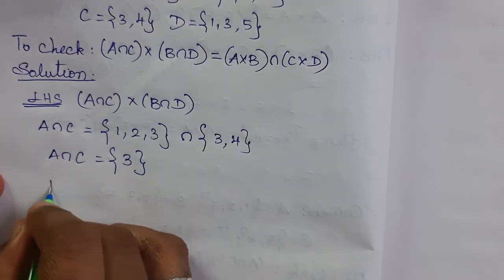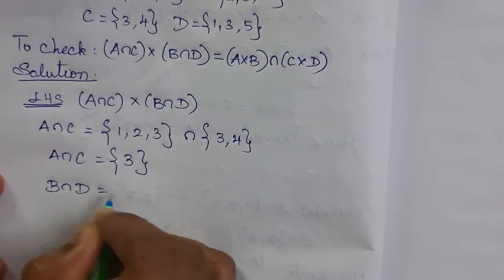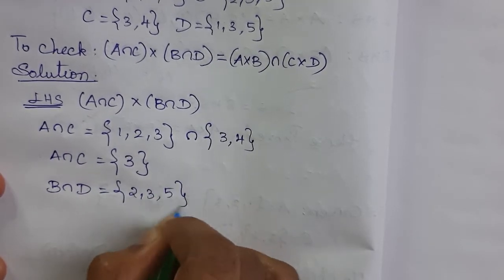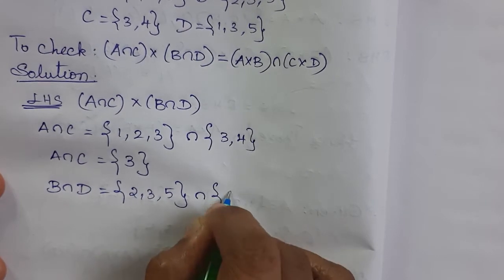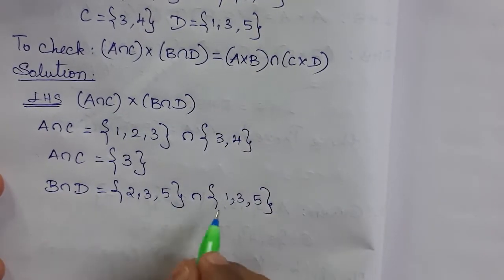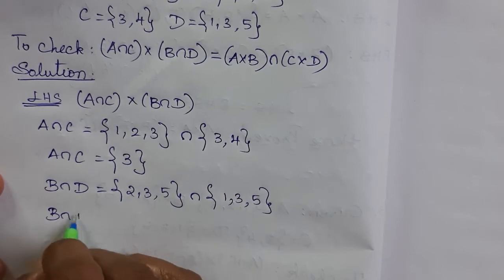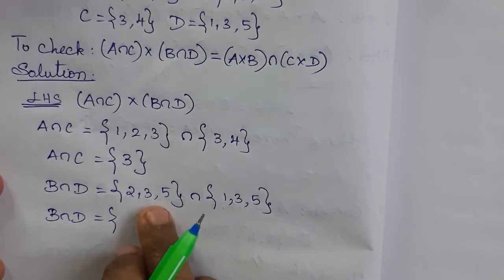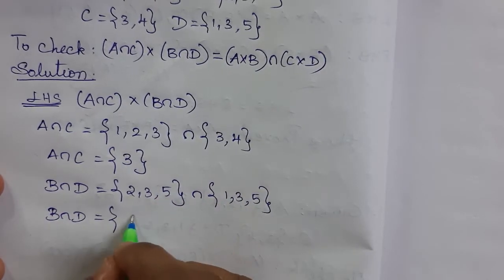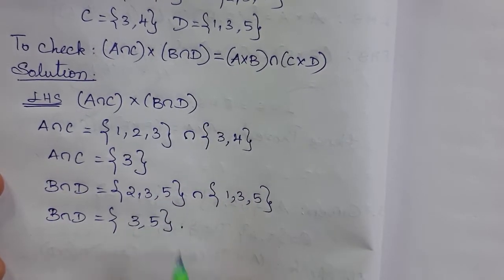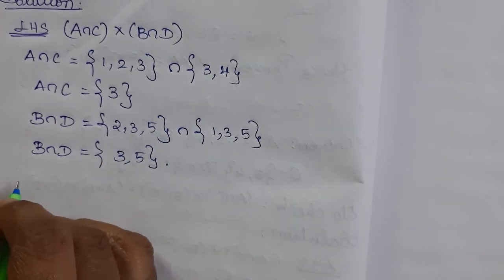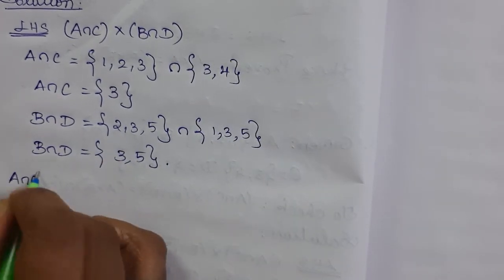Now we have to find B intersection D. Let's write the element of B. B is {2, 3, 5}. Intersection set D is {1, 3, 5}. The same way here we are supposed to find the common element. So the common element of these two sets B and D is nothing but 3 and 5. So {3, 5}. The next step is to find the cross product of these two, that is A intersection C